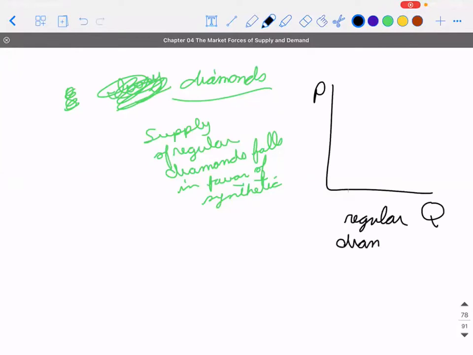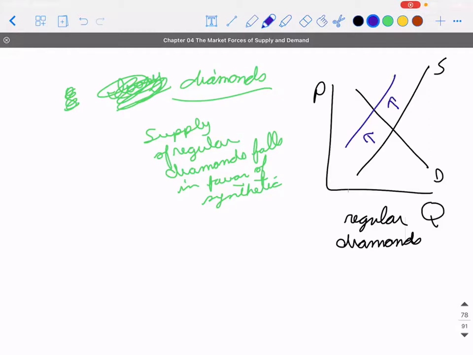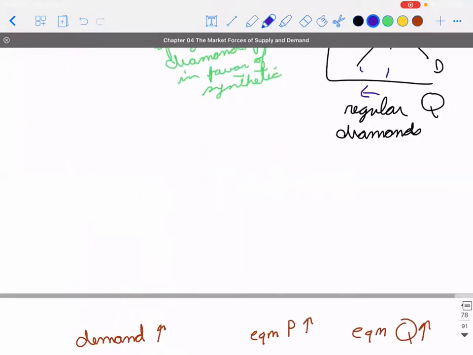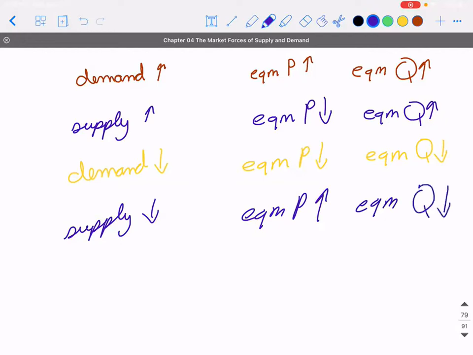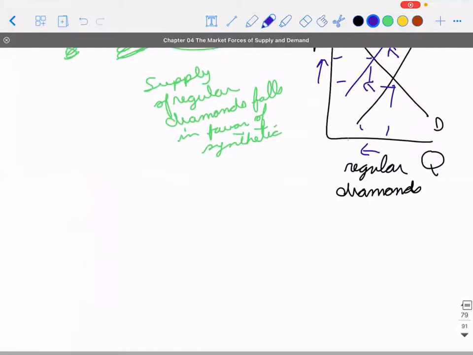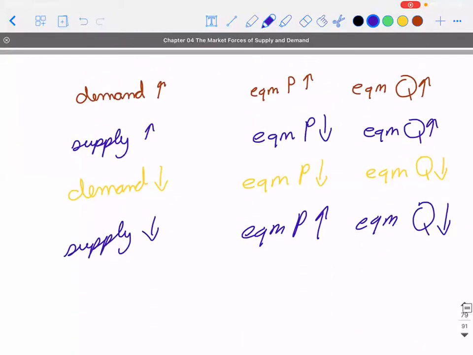that in the market for regular diamonds, here's my demand, here's my supply, the supply is reduced, causing my equilibrium price to rise and my equilibrium quantity to fall. So already,